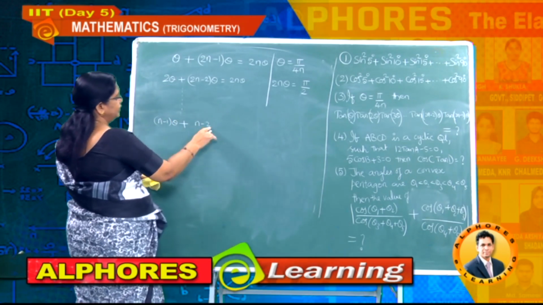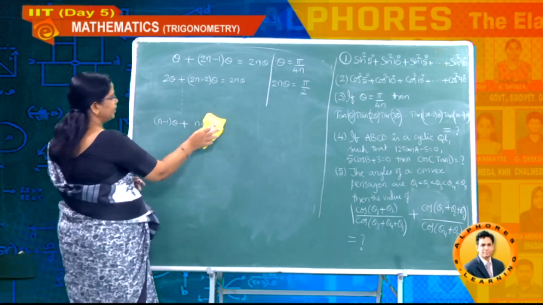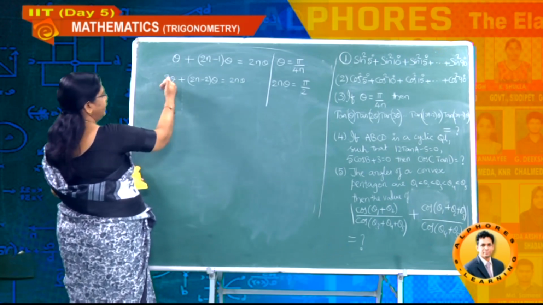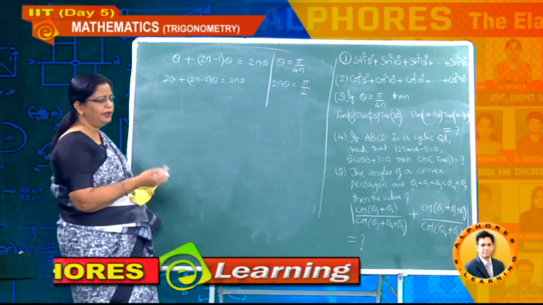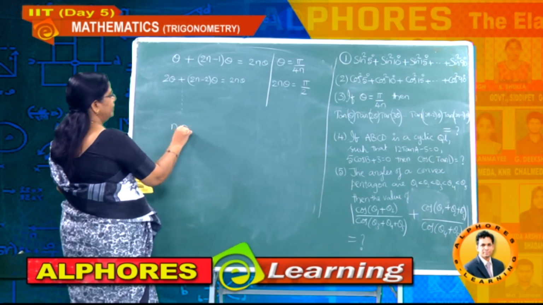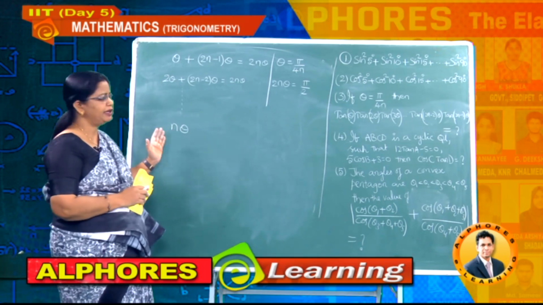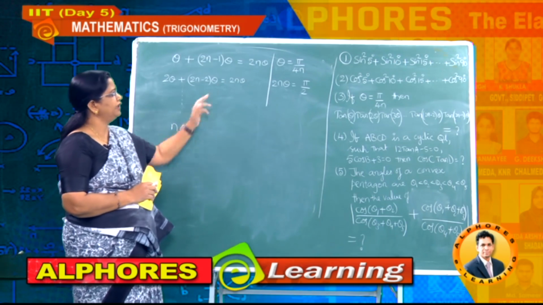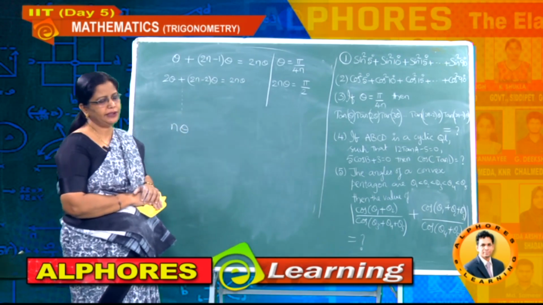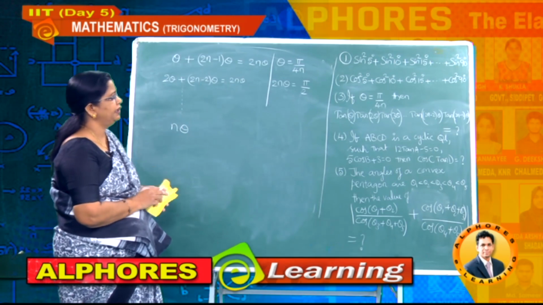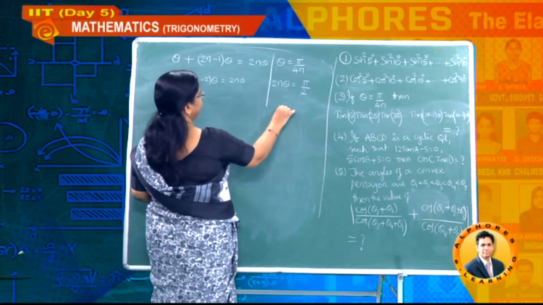If I write like that, the combination you won't get, understand. So here if I write like this, one term will be alone and that term is nothing but n theta, it has no other pair, n theta plus n theta only, you will get 2n theta. So only that term if I write, what is n theta from the problem?